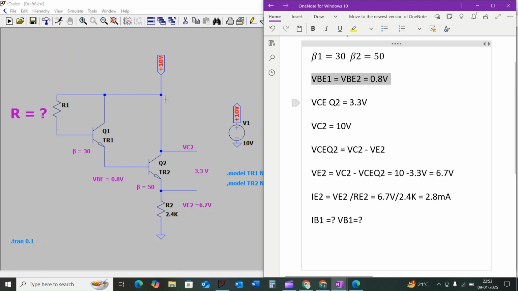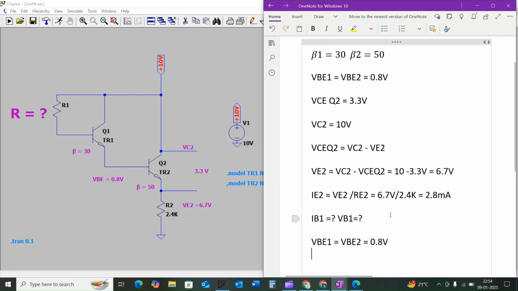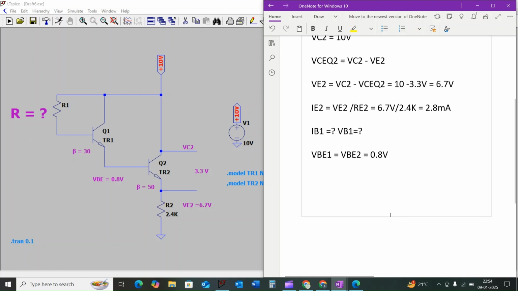We know that the voltage across the base to emitter terminal of Q1 and Q2 will be 0.8 volt. So if we apply the KVL rule across this loop, VB1 is equal to VBE1 plus VBE2 plus VE2,